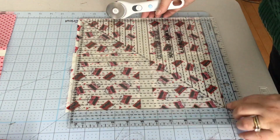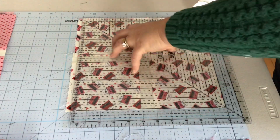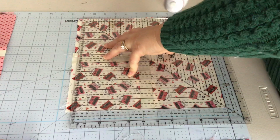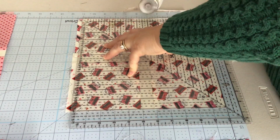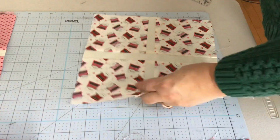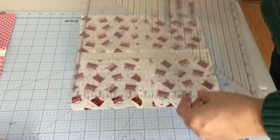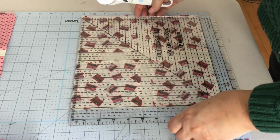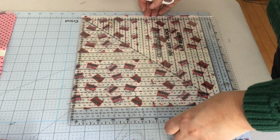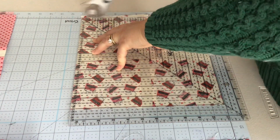Got my 11-inch marker here, and I'm going to cut this edge, and then one more side to go. Get everything lined up here, and that will be the final